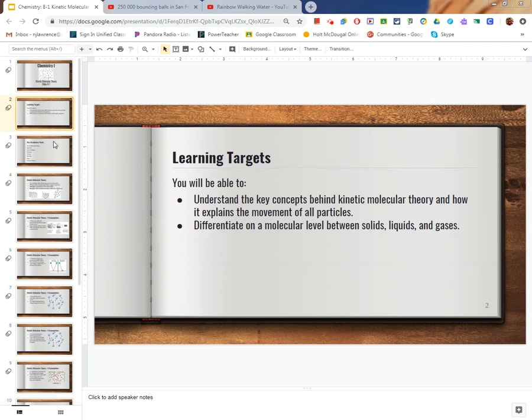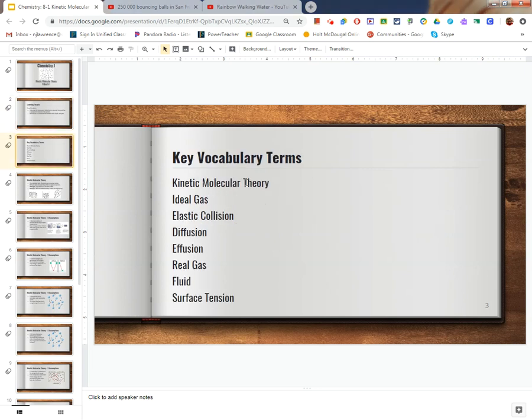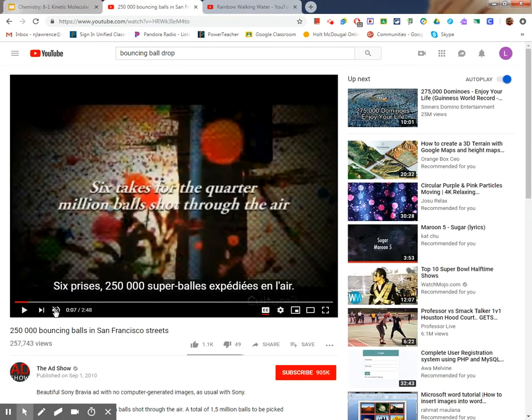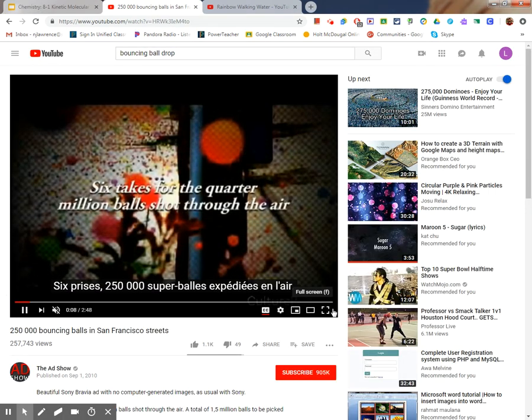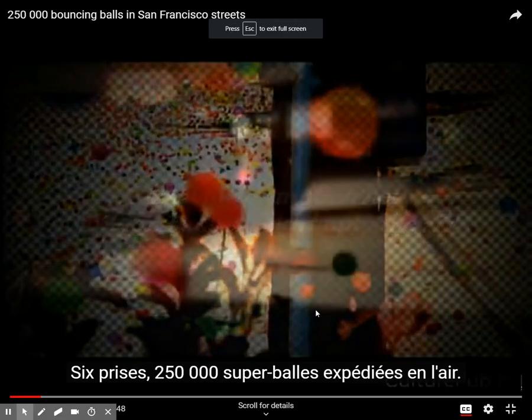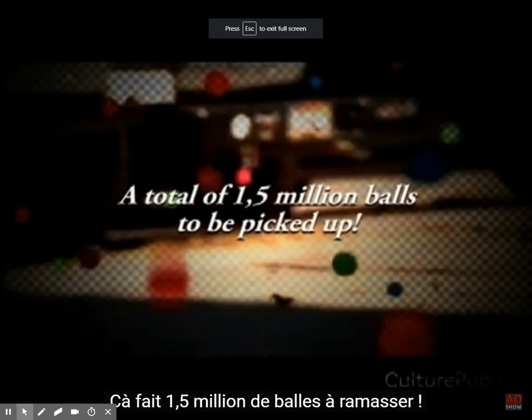a molecular level. As we get started, you need to see that there are tons of vocabulary terms. So as I go through these, make sure you pay attention and start checking out Quizlet to get these committed to your memory so that you can really begin to understand the concepts in this small but yet vocab heavy unit. So as we get started, I want you to envision a world or a scenario where millions of bouncy